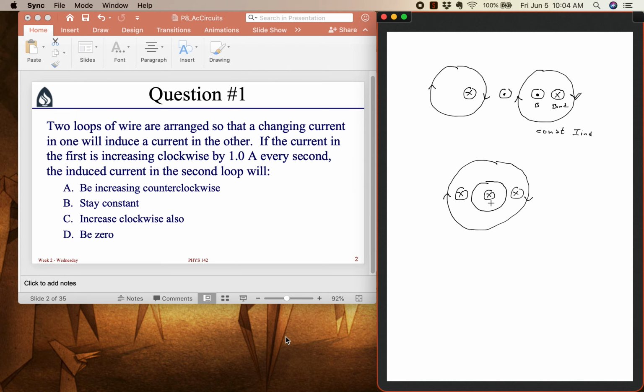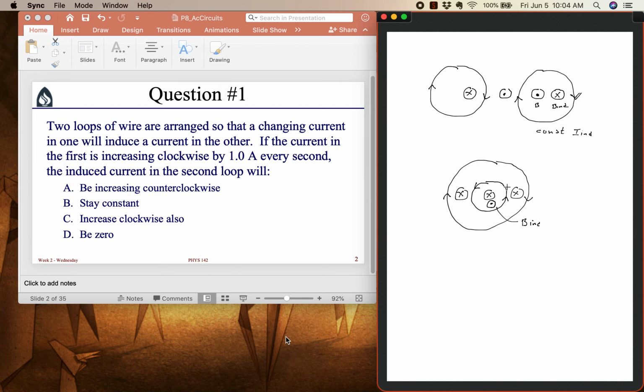So that means there will be induced, so this is the B induced by the secondary coil to try to counteract that increasing downward, into the screen, magnetic field from the primary. So if we think about grabbing this loop so that our fingers sweep upward inside it, we'll find that the current, our thumb, the direction of the current, ends up going in this direction. So the secondary loop makes a counterclockwise current, but since